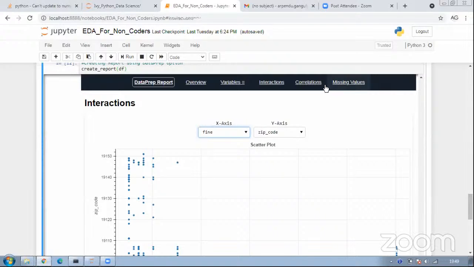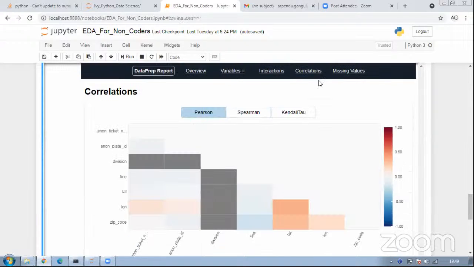Other thing that we want to check is obviously correlations. Correlations is something which we always want to check. This is a very important part of an EDA. Whenever we want to do any kind of analysis, be it in R, Python, Tableau, or Power BI, we always are eager to see correlations between the variables. One of the important ways to see it is using the heat map. How do we read it?